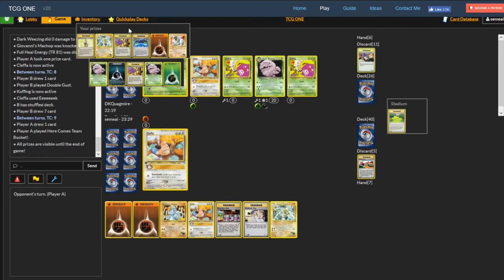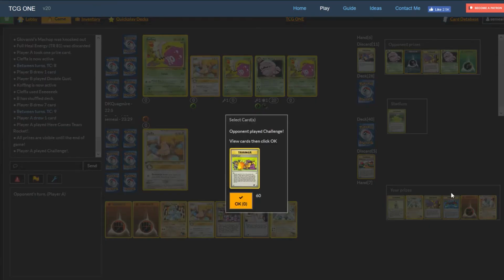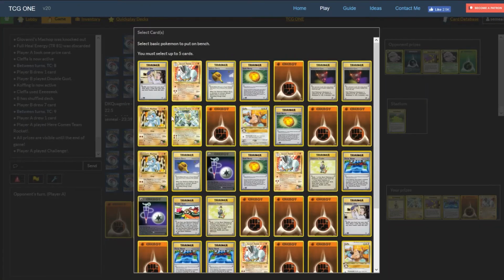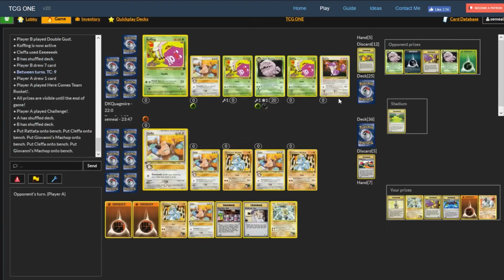He plays Rocket. Here comes Team Rocket, which shows your prizes. So you can see that I have a Machamp prized and a Machoke prized. He's got 2 Dark Weezings prized, which is pretty crazy. That helps us a lot. Actually, I kind of want to now. He's gotten all of them in play, so yeah, I'm just going to do that. Why not, right? I'll bench these guys and a Cleffa and another Cleffa, and then we're good. Because he already got all 4 in play, me giving him 2 free cards is not going to be...